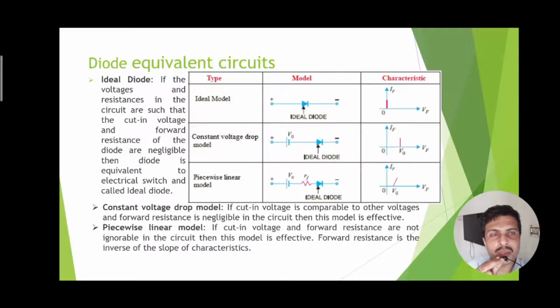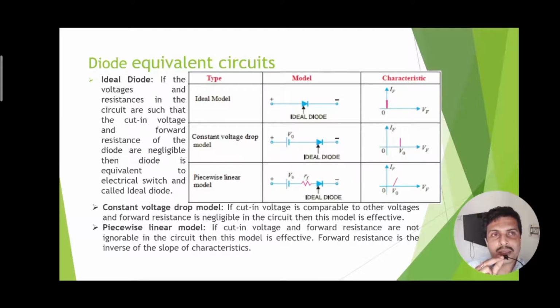Now in this graph, one thing we have to note is that once VF starts to be a positive voltage, that means VF greater than 0, for the ideal diode the current IF rises abruptly as shown by the small red vertical line in the characteristics. So this means that the ideal diode does not have any voltage drop for the forward bias voltage, as well as it does not have any resistance in the forward direction. So this is not actually true, but it is a comparison.